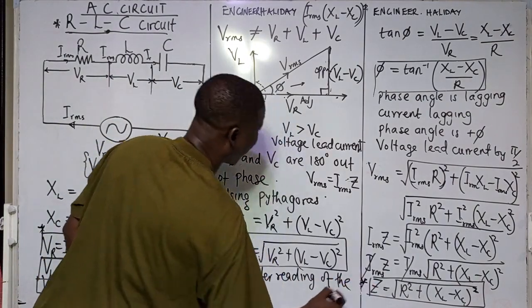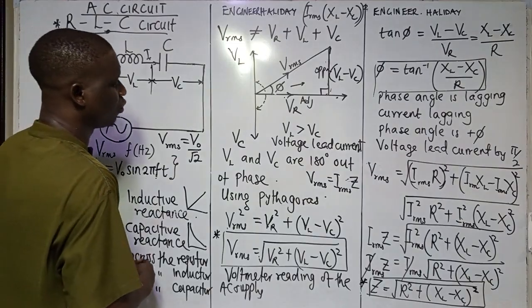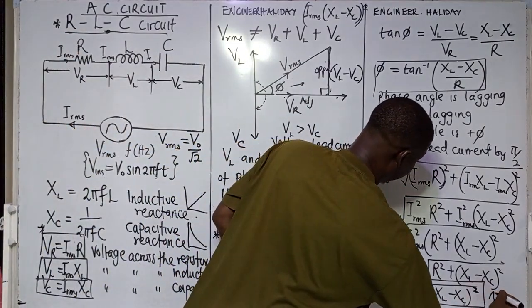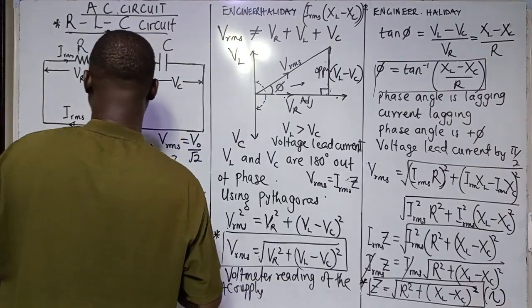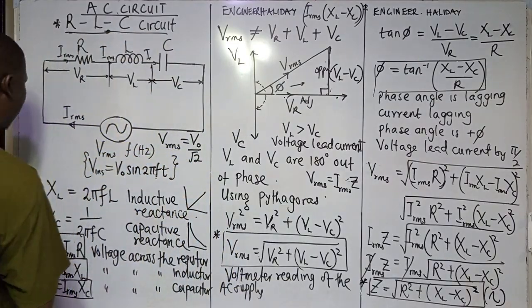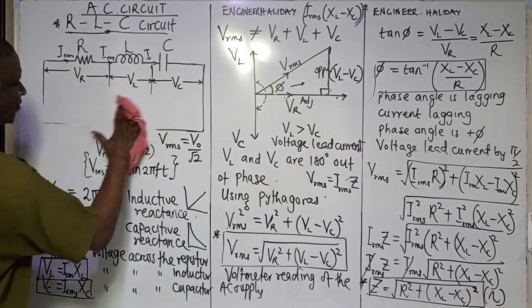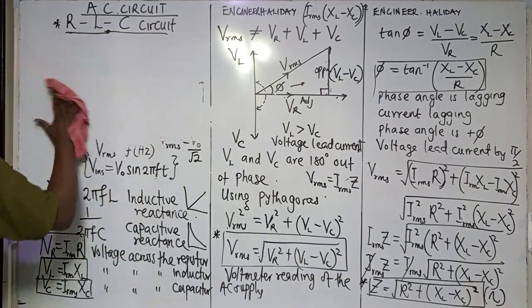They are very important. But I just mentioned Z. Z is measured in ohms. And don't forget, the unit will be ohms. So what is Z? Z is impedance. What is impedance? Impedance is the